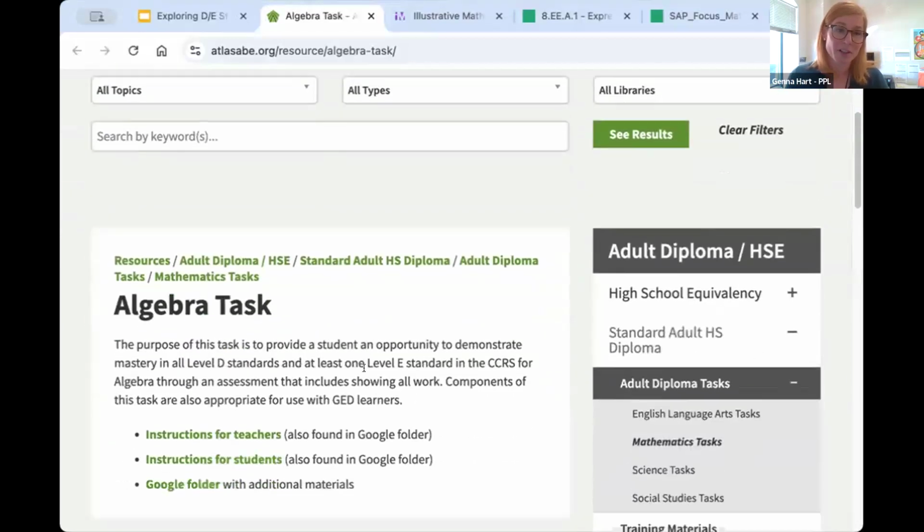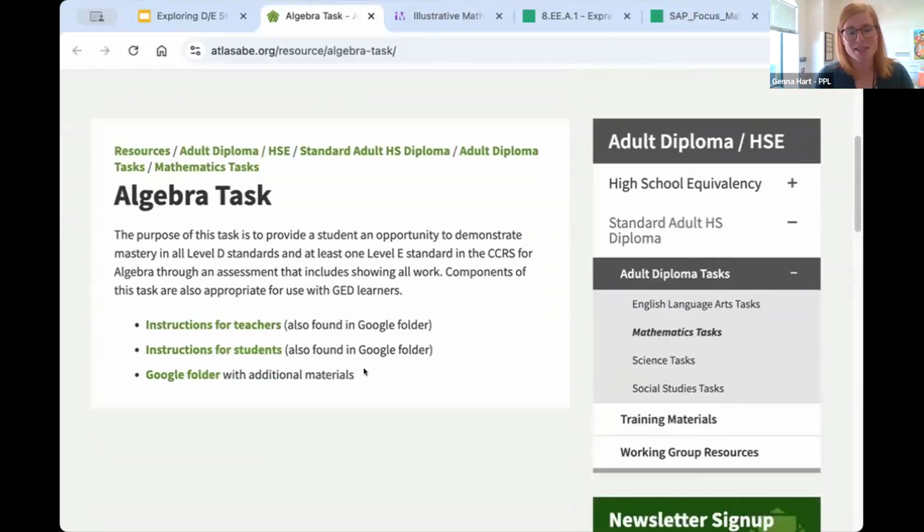This one is specifically for the algebra task because Donna and I were both focusing on the D and E levels for that. It's great because right on top of the website, they've got the instructions for teachers and the instructions for students. But if you click into that Google folder,